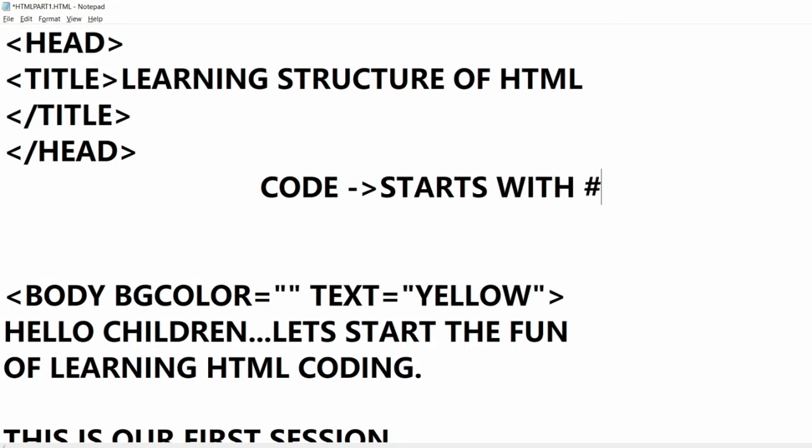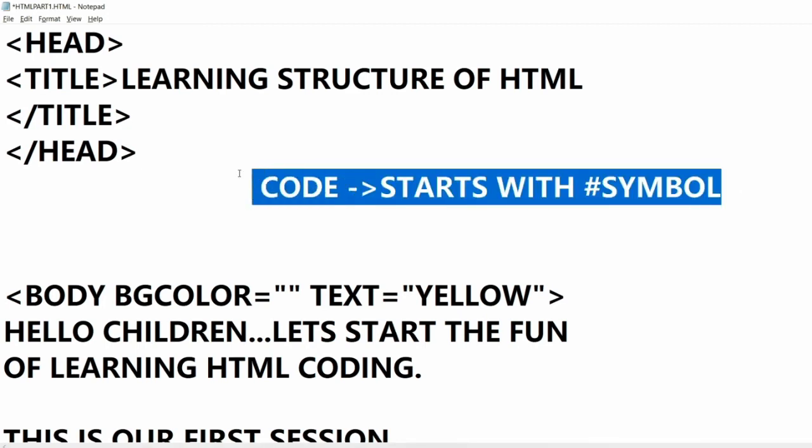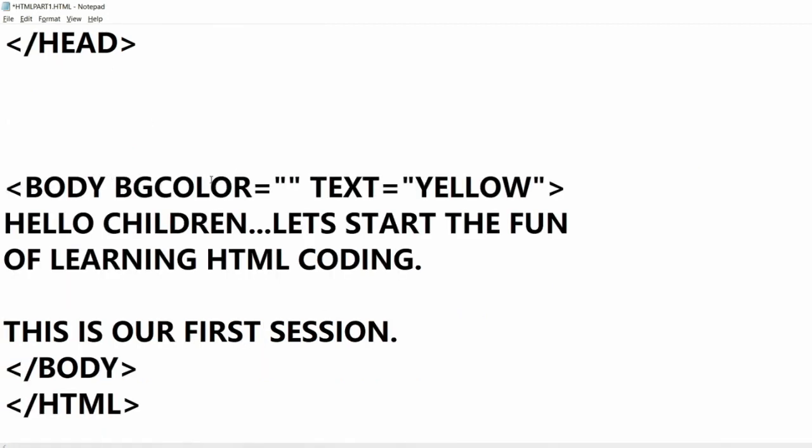So we understood that you can set the background color by writing the color name or the color code. And color code is based on hexadecimal number system. Now here there is one rule that if you want to use a color code, you should always start with the hash symbol within the double quotes. Let me show you. Suppose here I write hash.